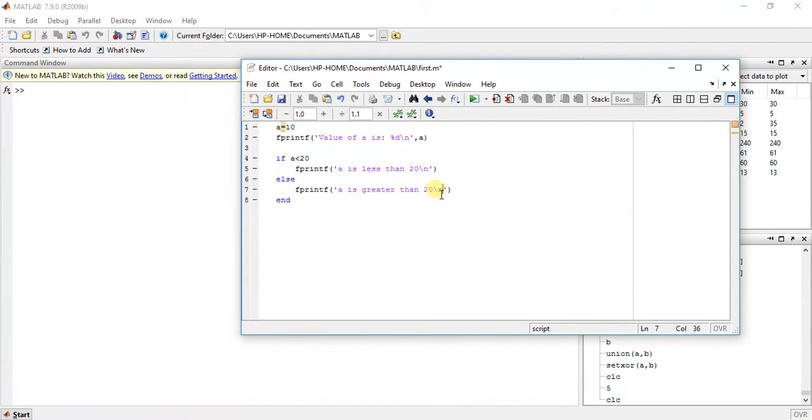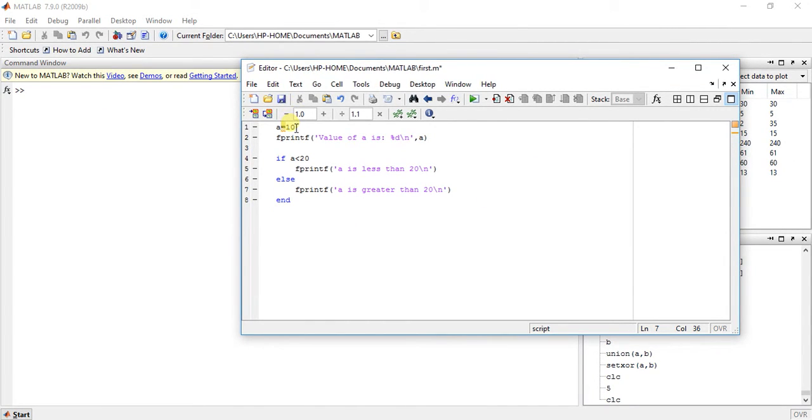Now what is happening here? First a is 10, then this line will print value of a is 10, then it will go to the if else and statement. Now if a is less than 20, this is the condition. If a is less than 20, then it will print a is less than 20, else it will print a is greater than 20.